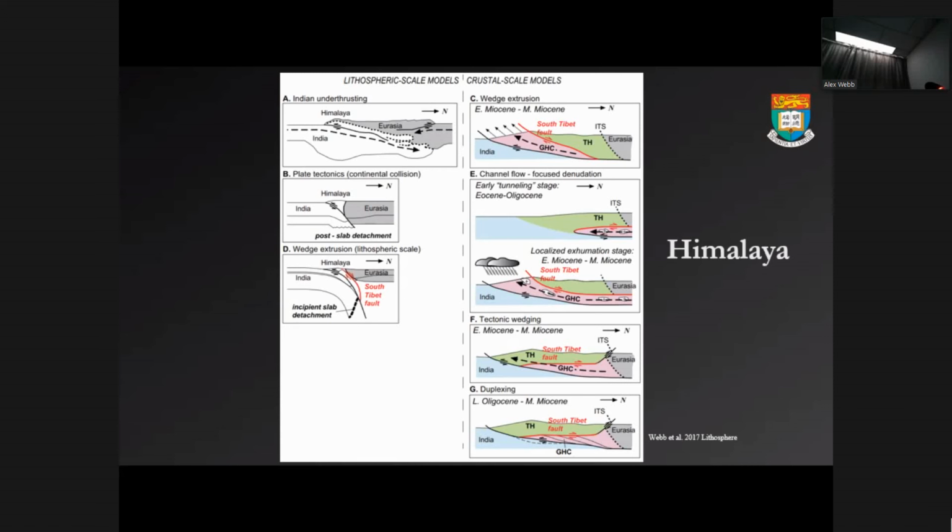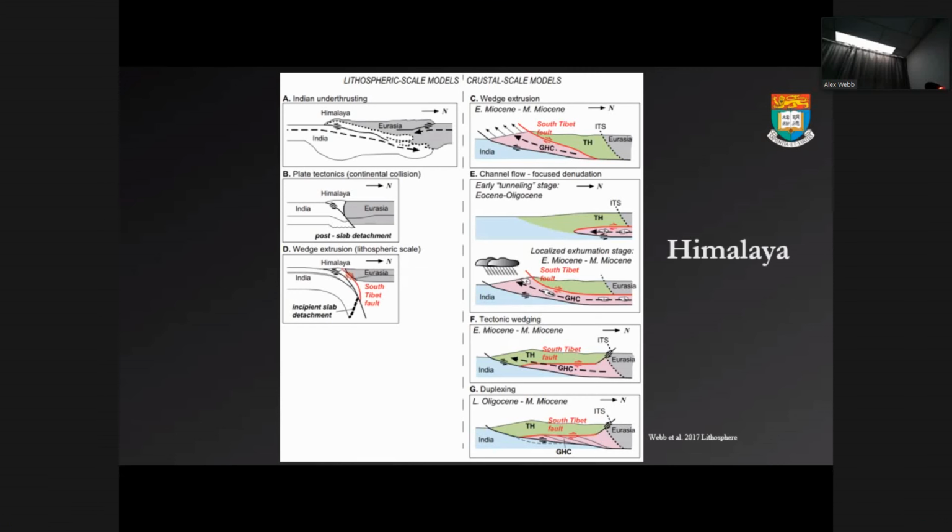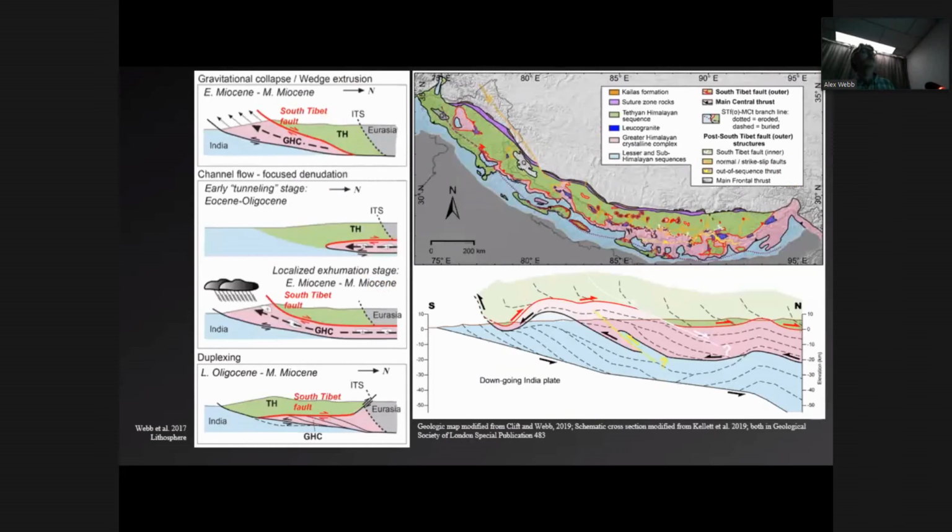And the idea is to try and test between these models that take the high-grade rocks to the surface in the early middle Miocene versus models that emplace the high-grade rocks at depth at the same time. So that was what a lot of our early work was about. And so the place to do this is in the Western Himalaya, because again, it's 1 layer, 2 layer, 3 layers for the modern cross-section, a few minor faults that disrupted, but nothing major. It's basically a simple layer cake, 1, 2, 3, 2 faults. And that pattern holds in the range, 1, 2, 3, the 2 faults.